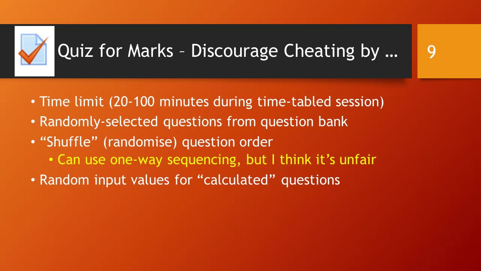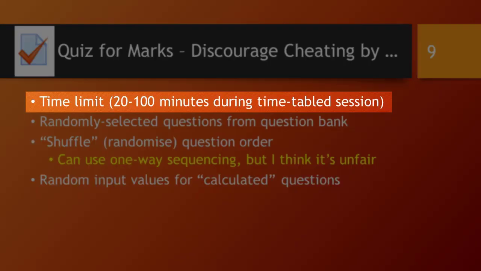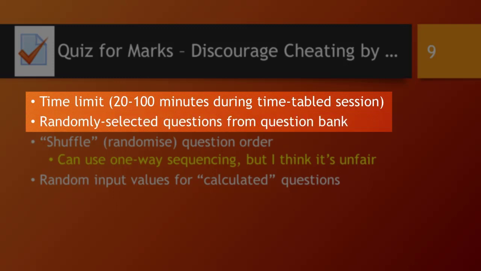Moodle provides some practical ways to discourage cheating in a quiz. First, a timed quiz can be set in Moodle to be completed in a specified duration, for example 40 minutes, and in most cases I would set a quiz to last anywhere from 20 minutes to a double period quiz of 100 minutes. Second, Moodle allows a random selection of questions from a question bank using categories, subcategories, and tags or keywords